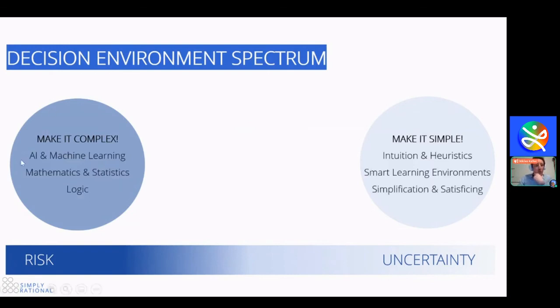So by all means, use machine learning, use mathematics and statistics, use logic when you are in a situation of risk, or when you're just trying to fit the past. If you're just trying to find out something about the past without making any claims about the future, also go nuts on complexity. If you want to make good decisions under uncertainty, however, then by all means use your intuition,